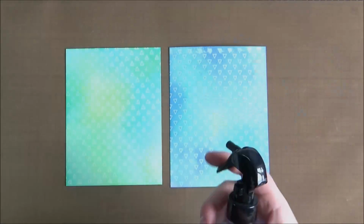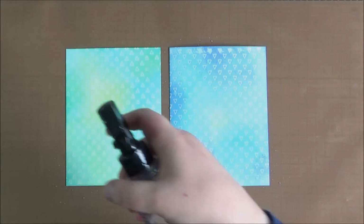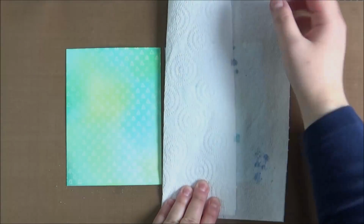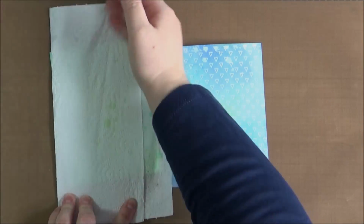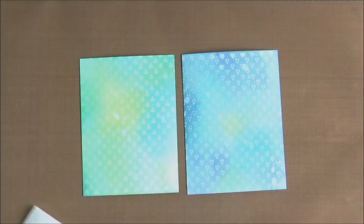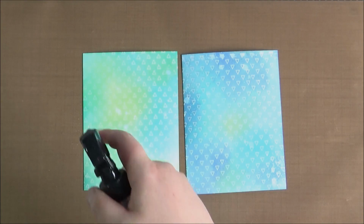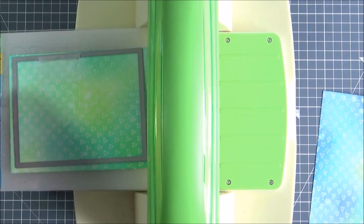And then I'm taking my Distress sprayer here and just adding drops of water onto the panels. This Bristol cardstock works really well with adding just a little bit of water onto it. It's barely warped at all, and it was really good for the Distress inks as well. They blended really well on it, so I'm really glad that I used this Bristol cardstock. So just going over that again for the second time and just taking up the bits of water with some